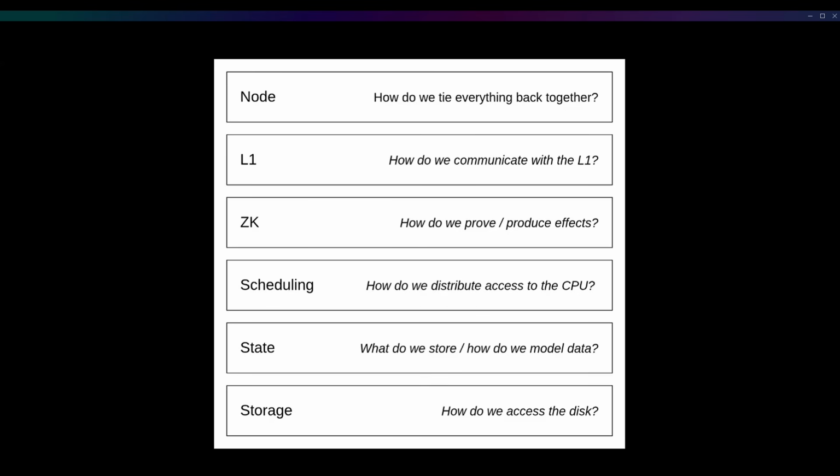Then we have the L1 domain, which essentially contains types that we need some extensions for. For example, some types that live in Kaspa are not compatible with zero knowledge VMs because they are not no-std. That's a term used in Rust to name code that is compatible with very low level machinery. So we had to wrap some types or introduce some helper methods that are currently not easily usable from the Kaspa upstream repository. And then we have the node domain, which is essentially the big orchestrator that